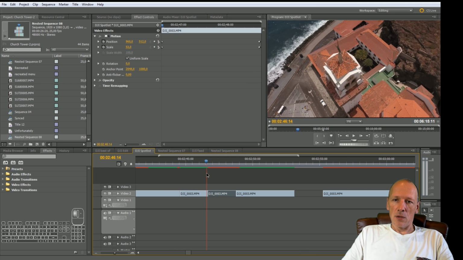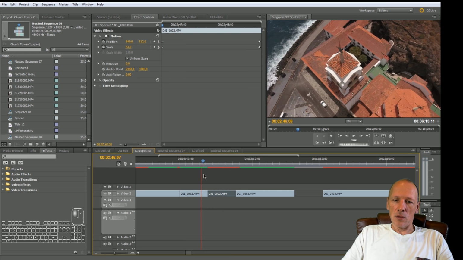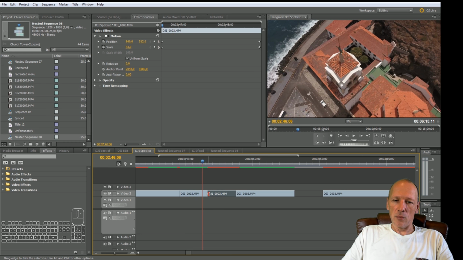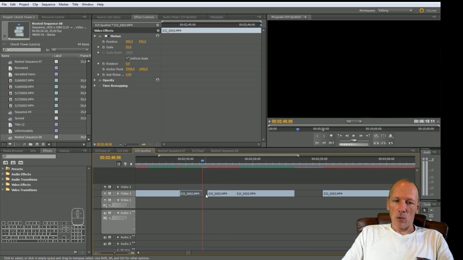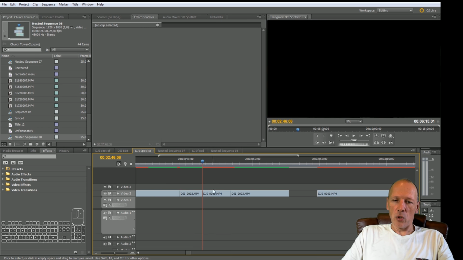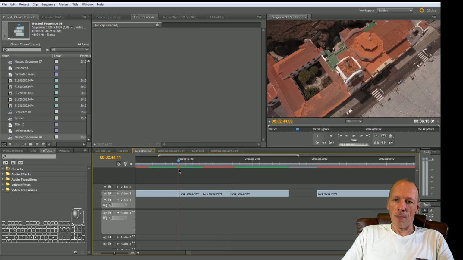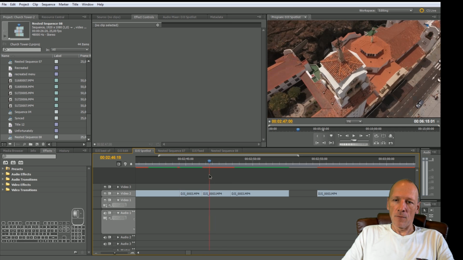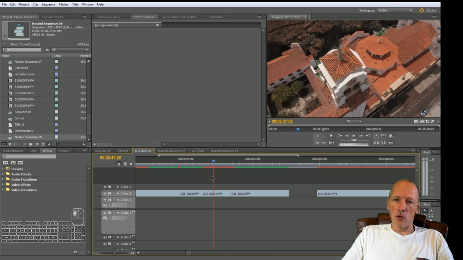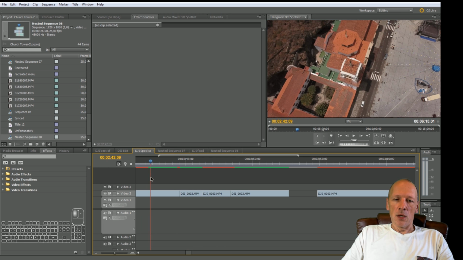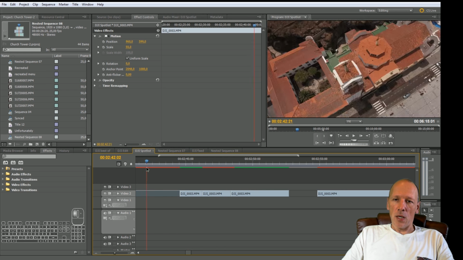You can see that it's going. I don't like the last frames of this shot, but we'll have to see how this is gonna work out with the music. You see that? Anyway,